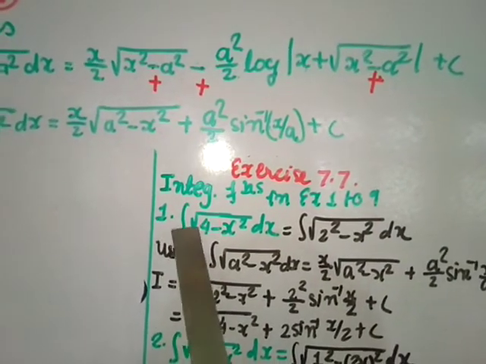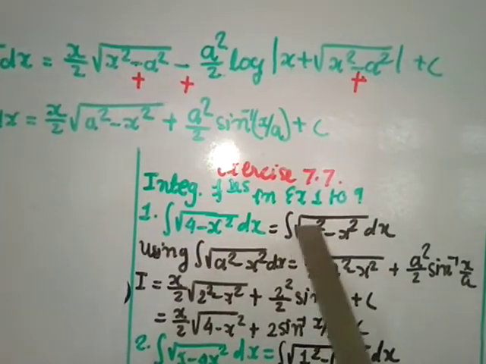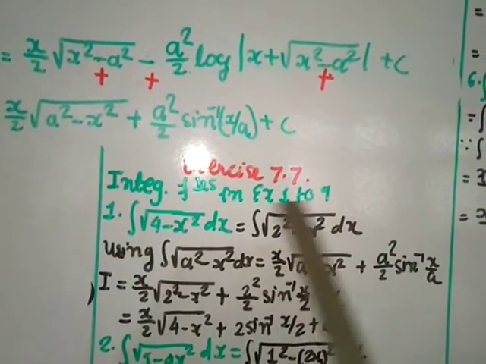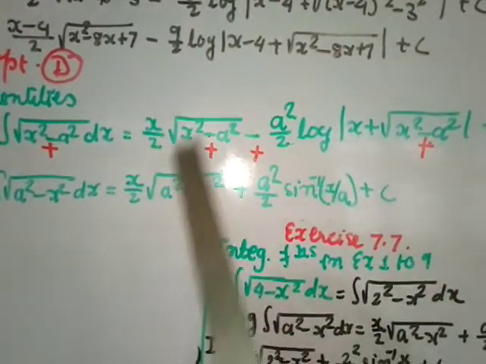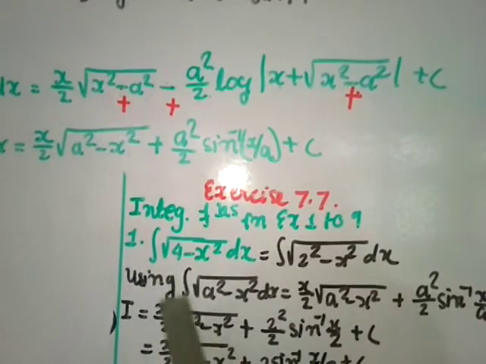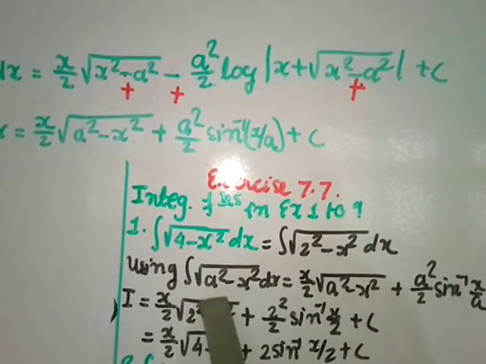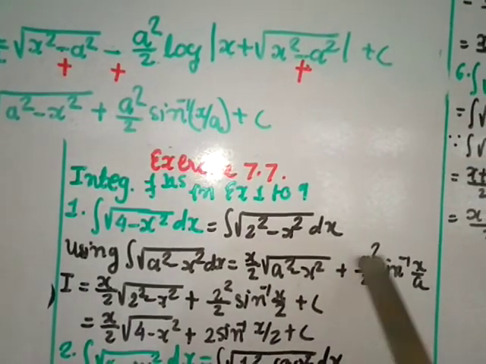Number 1. Integral square root of 4 minus x square dx. 4 can be written as 2 square, x square is as it is, and the square root. Now you have to compare with one of these three formulas, these three identities. So here 2 means a, so I can write integral square root of a square minus x square, and this answer is x by 2 square root of a square minus x square plus a square by 2 sine inverse